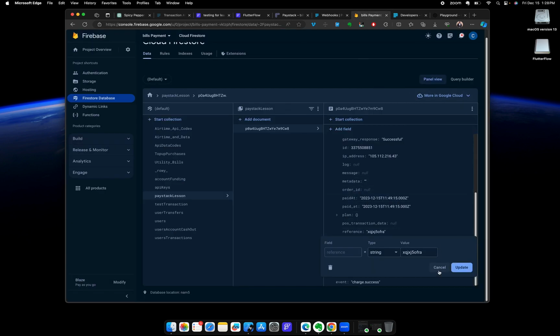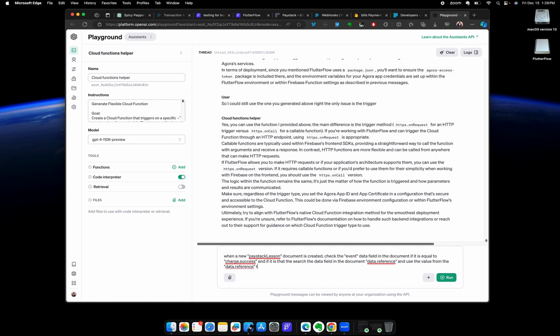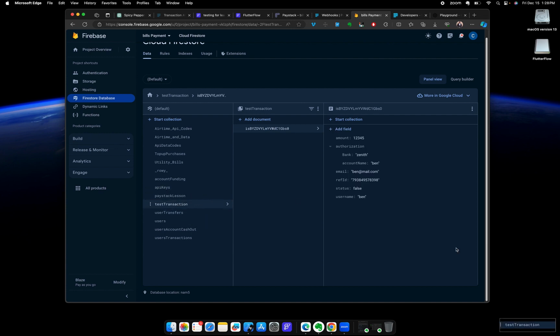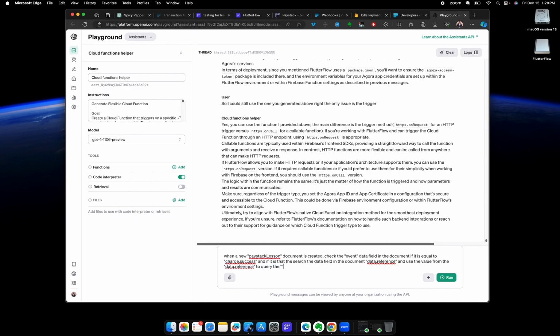So what we'll do is this. Let's go back here, and we'll use the value from, let me copy this, exactly, data.reference, to query, that's to search. There are a lot of things you can do in Firestore for you to query. Now let's go over to this section here. We're going to search the test transaction collection. That should be the same name. To query the test transaction collection for a document